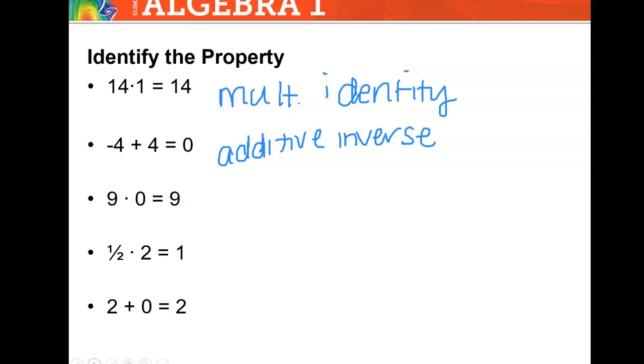9 times 0 equals 0. Man, I didn't fix my paper again. 9 times 0 equals 0. Fix your paper, guys. 9 times 0 is not 9. 9 times 0 equals 0. If we multiply by 0,